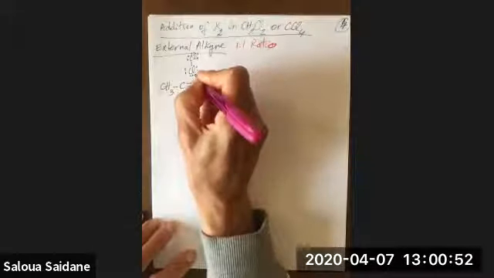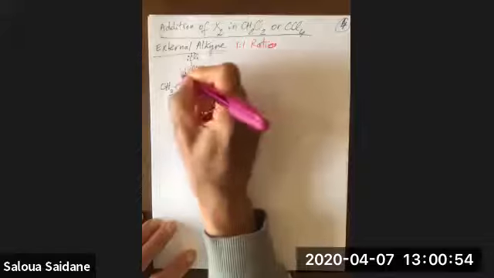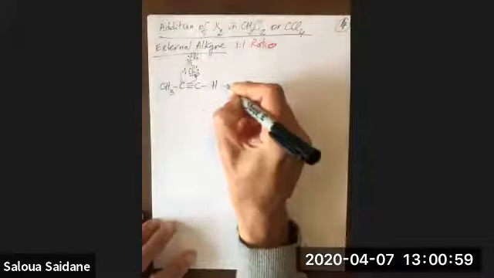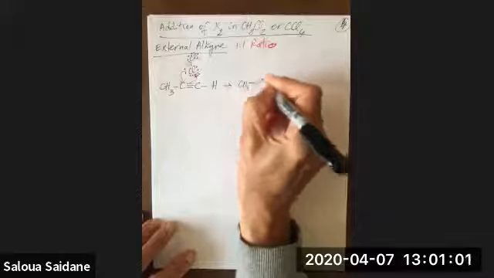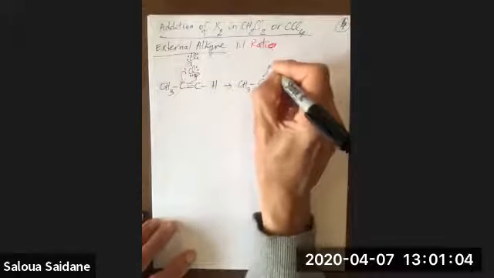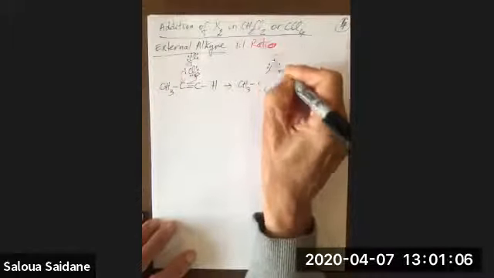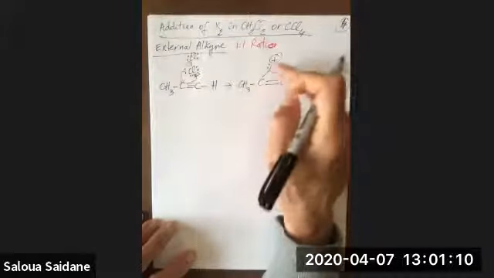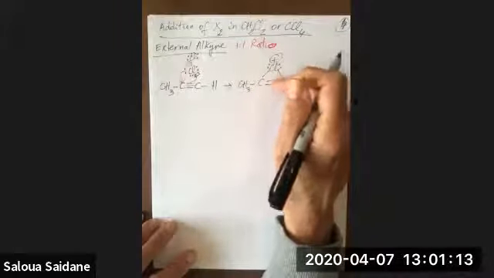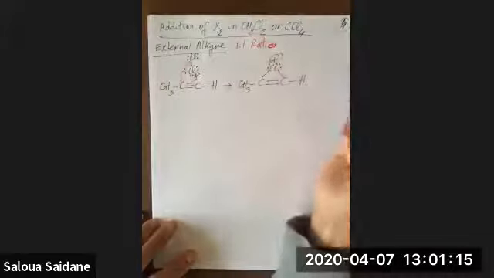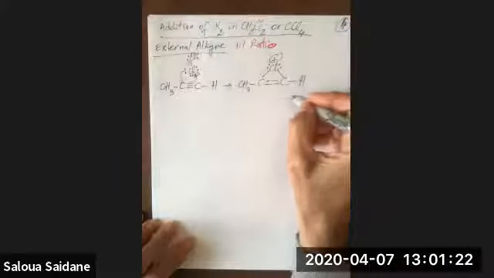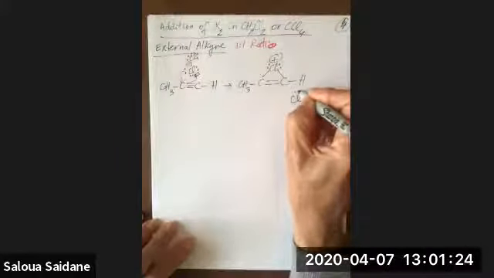The pi bond opens and docks on the empty orbital. This docks here and this opens. So you end up with CH3, C, Cl plus. So this is just like that pi complex, but this would be a chloronium complex. Okay? And now what do we have left? We have here a Cl minus. Okay? So if I have a Cl minus,